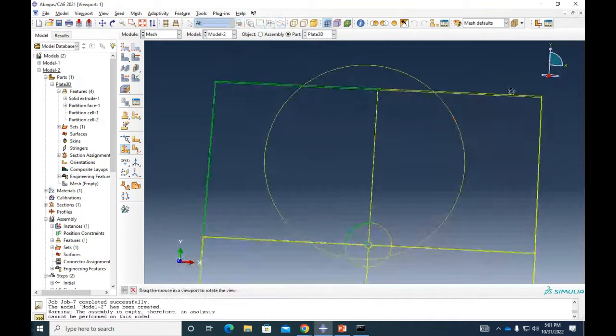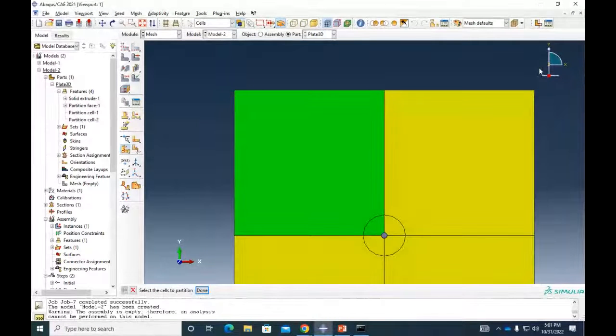Okay, there we go. So I had to do it slower, like first the lines and then extrude the circle,